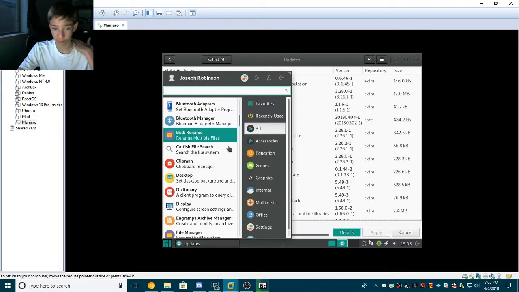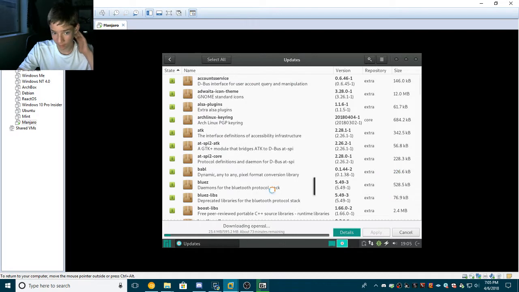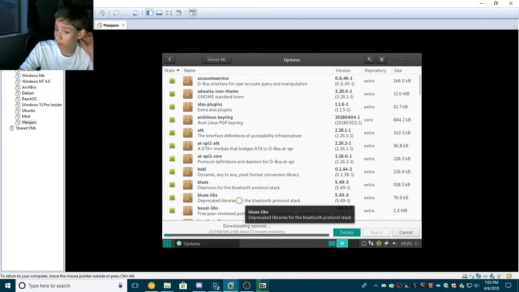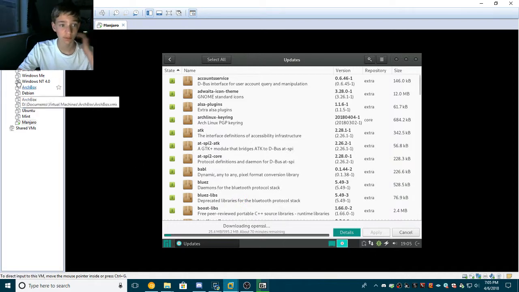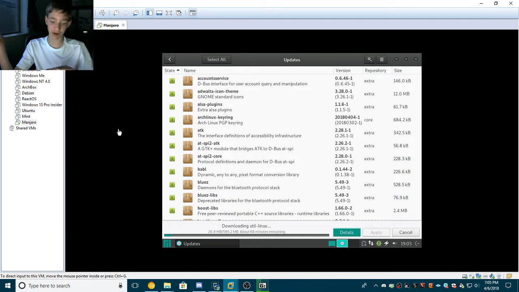Otherwise, this has some pretty nice things in it that most other operating systems don't come with. I approve. And plus, it's a fork of Arch Linux, so Arch Linux is built from scratch, and this is built off of Arch Linux, so they have more time and capability to expand. They're just building their own operating system. There's no expansion off of anything else like Debian on Ubuntu or Ubuntu on Debian. Anyways,